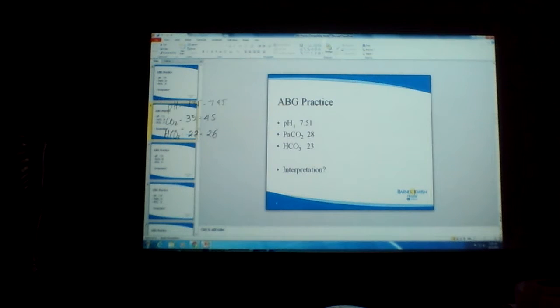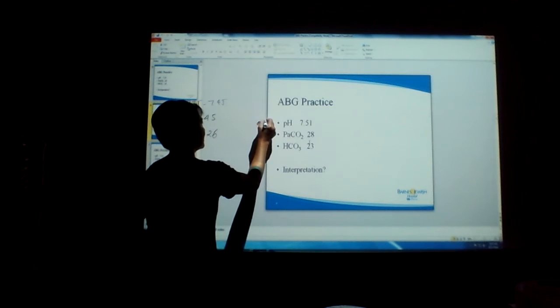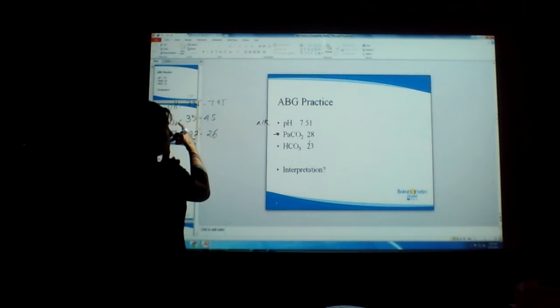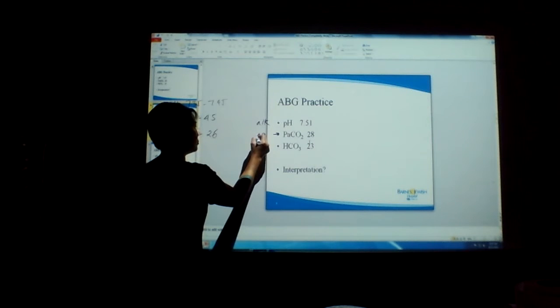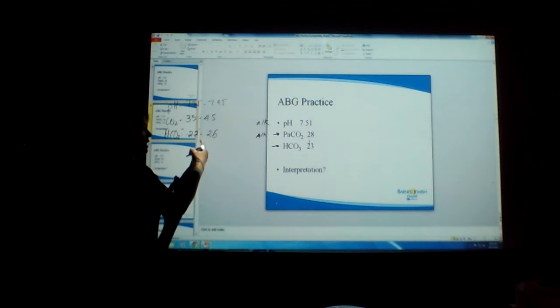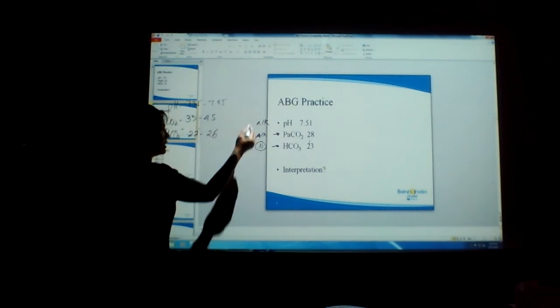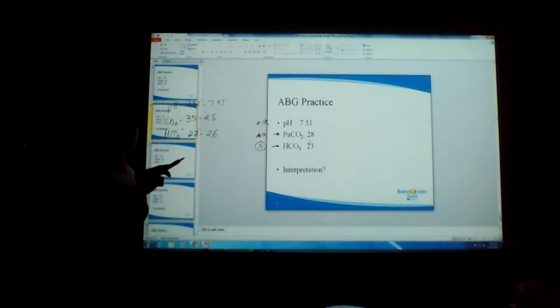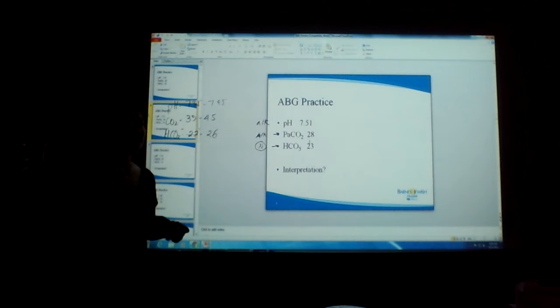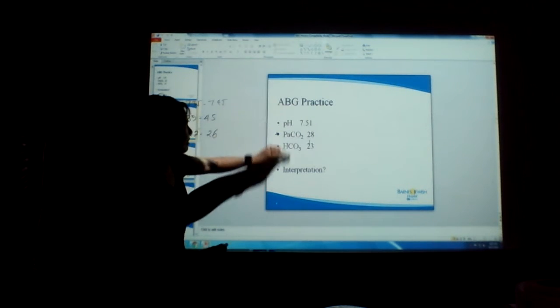How about this one? Alkalosis. So this is alkalosis. What's this one saying? That is too low, so it's alkalosis. Alkalosis also, right? If the PCO2 is low, that's alkalosis, don't forget. And then the bicarb is normal. So what's the condition? Respiratory. Respiratory alkalosis what? Uncompensated. Very good. Because this is not even moving yet. See? You got it. It's not hard. Okay? Very good.